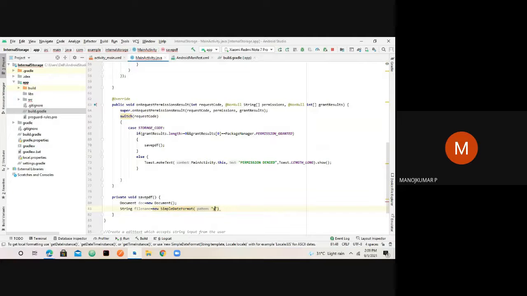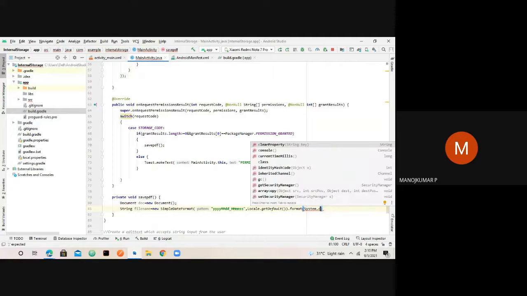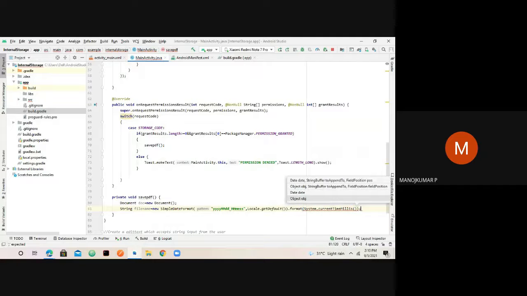So I would say I want my file name as year followed by month and then date, and this is optional, guys, so you don't have to specify it as the way I do. You can do it in the way you want, okay? And then finally I have to check this is local to the timing and the area in which you are present, and finally you can format it. Formatting is really important here. That is, you have to set the time accordingly, okay? Because time may differ, so I can just make use of the system, and I say current time in milliseconds. Really important. So yes, fine, file name is created properly.